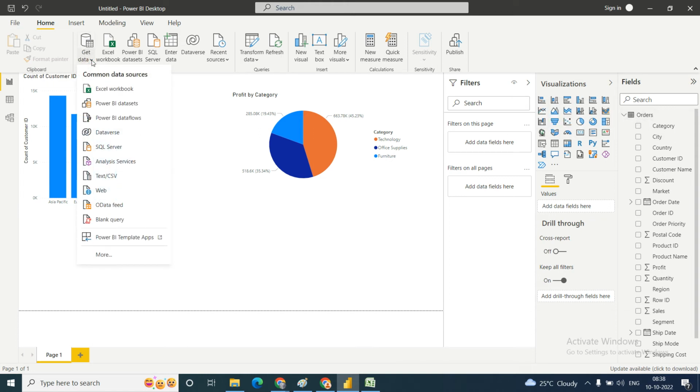If you go to Get Data, there are multiple options. We have taken Excel, but our data source is anything which is storing the data. It can be a file, an online database, a server, or it can be a website also. If on the IPL website you see the number of scores a particular player made,